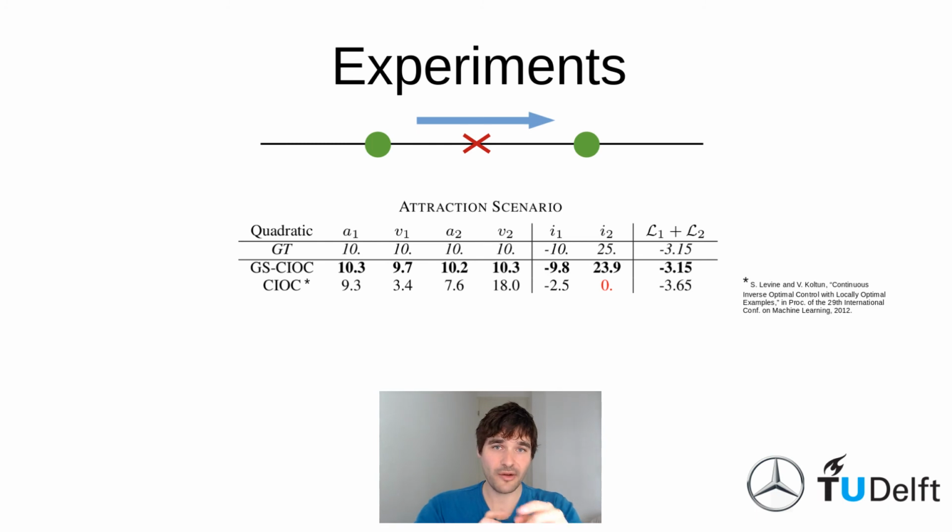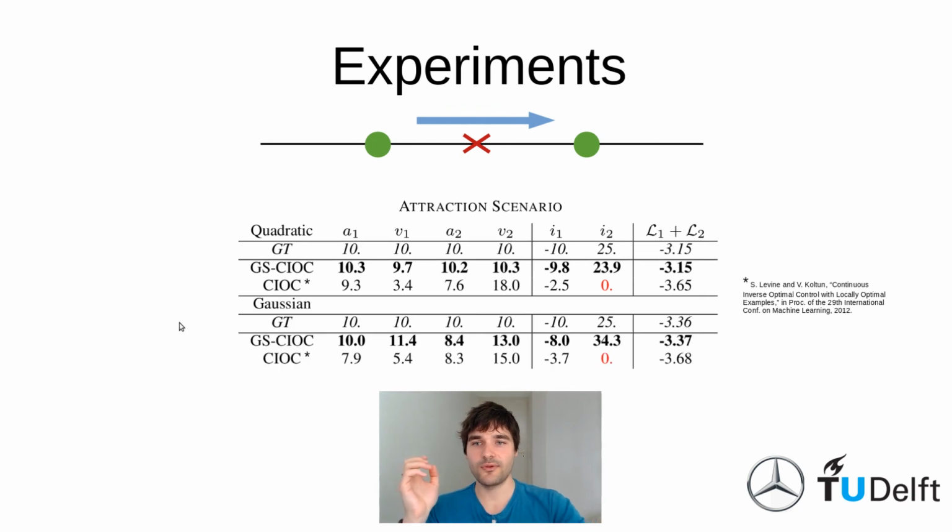Now, but this scenario here is a scenario where the behavior of the agent that moves around to pull the other agent towards the goal position, it's not enough. You really need to understand that it can actually influence the other agent. And what we can show here is that we get close to the ground truth reward and the log likelihood of the ground truth data, whereas the single agent inverse reinforcement learning algorithm fails to understand what is going on.